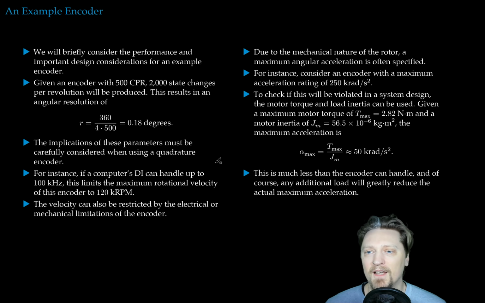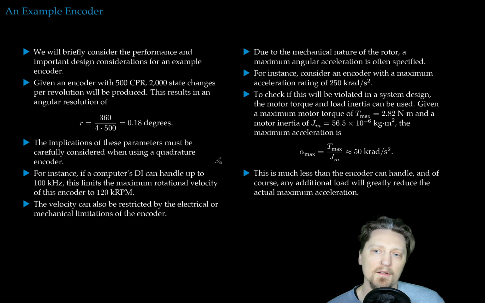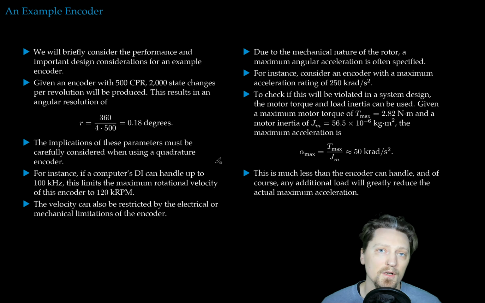Due to the mechanical nature of the rotor, a maximum angular acceleration is often specified. For instance, consider an encoder with a maximum angular acceleration of 250 kiloradians per second squared. To check if this will be violated in a system design, the motor torque and load inertia can be used. Given a maximum motor torque of 2.82 Newton meters and a motor inertia of 56.5 times 10 to the minus 6